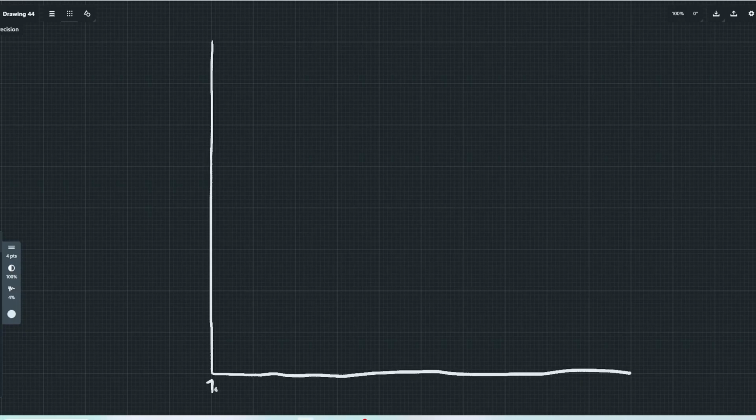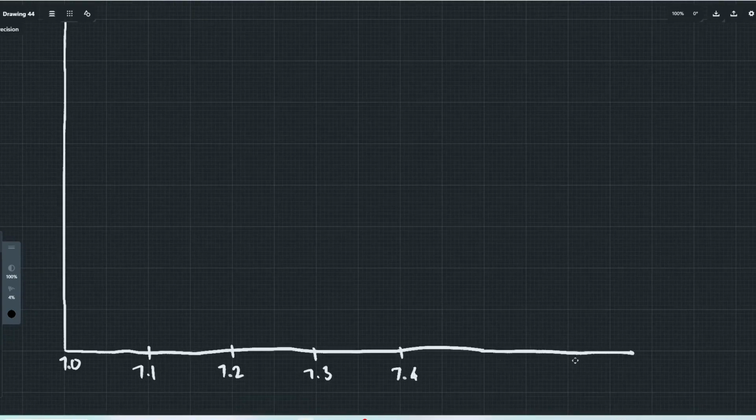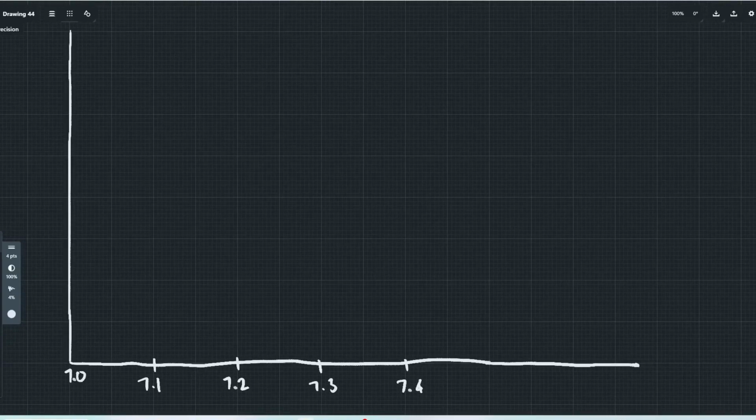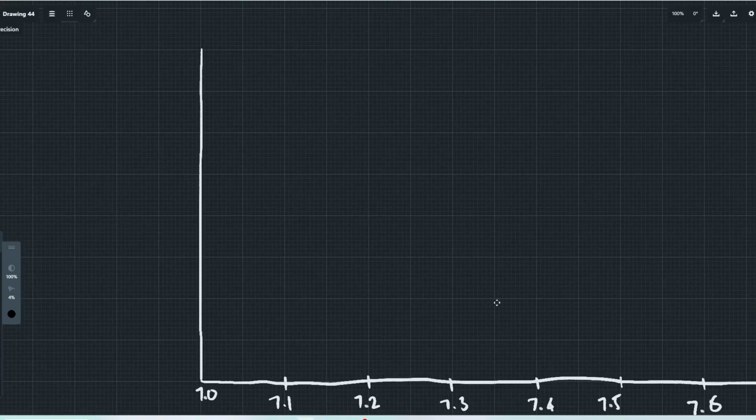So it starts from 7.0, then there is 7.1, then 7.2, 7.3, 7.4, and let's make it further longer, and then let's say 7.5, 7.6, 7.7, and 7.8, up to 7.8. And then here we will start from 0, then we will go to 5, 10,